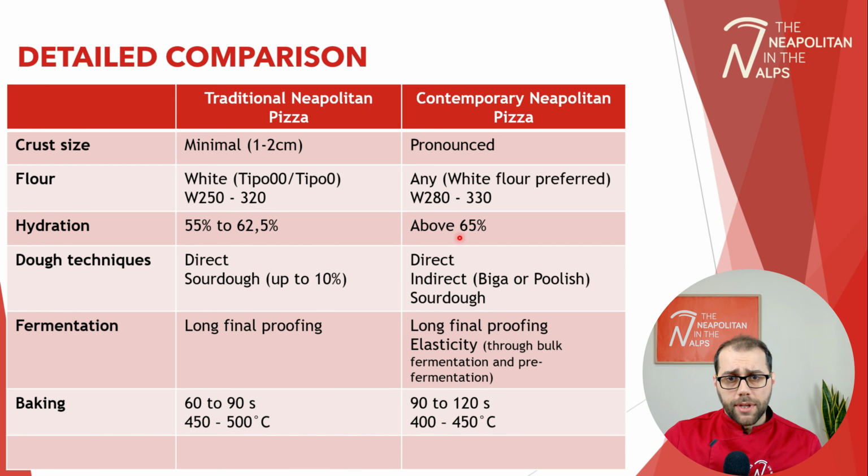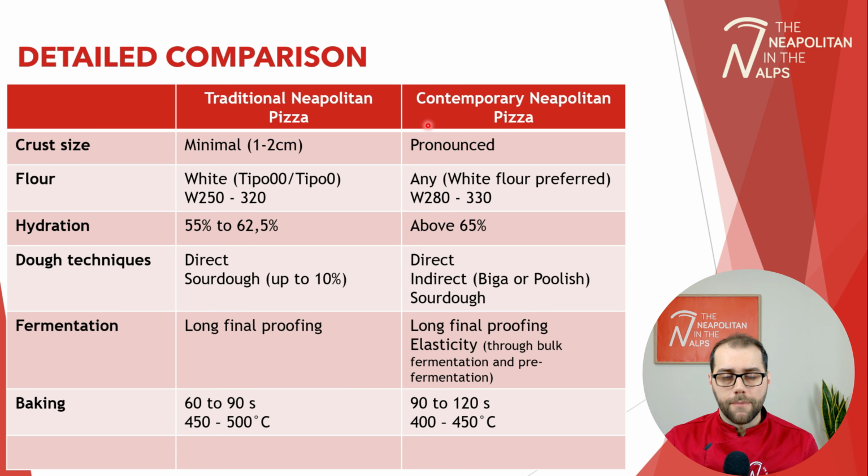As we said, for contemporary Neapolitan pizza, we're increasing the hydration. That is a key step in order to balance in the right direction our gluten. And so automatically baking time will be longer, 90 to 120 seconds. The temperature, of course, will decrease, 400 to 450 degrees Celsius. This is also an important difference that explains the texture variation that we have going from the traditional Neapolitan pizza